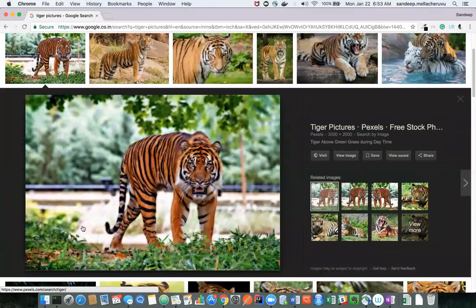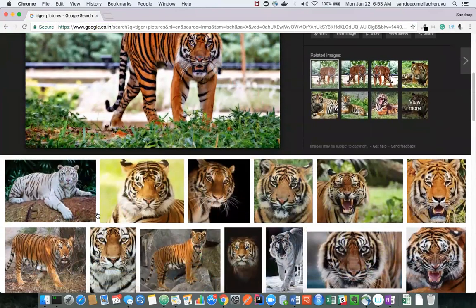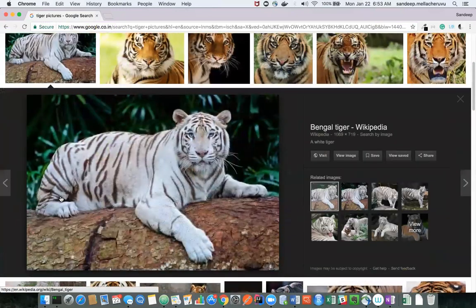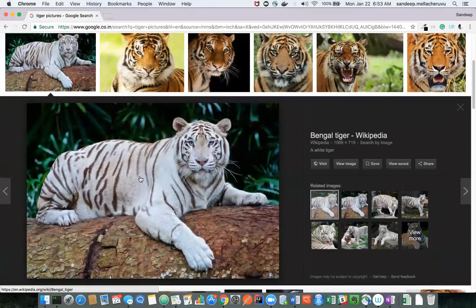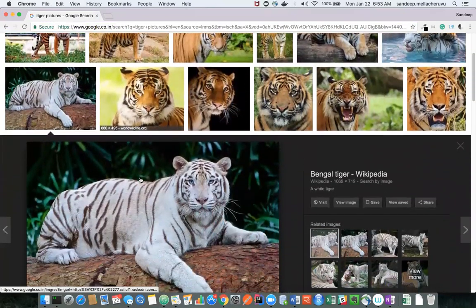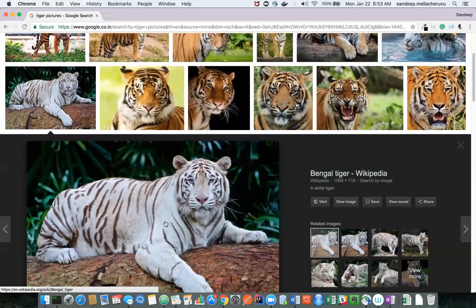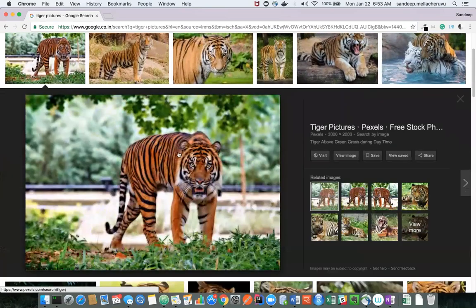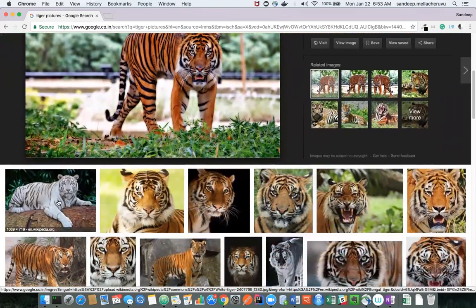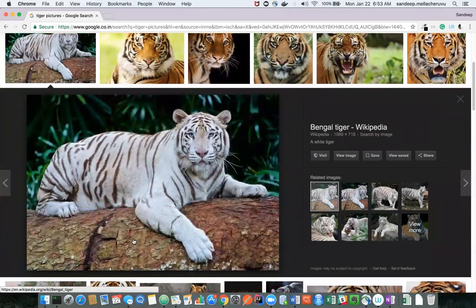Let's say I told the computer this is a tiger. Will it ever identify this kind? I can identify it, but the problem with the computer is that the angle in which this is photographed versus the angle in which this is photographed is completely different.